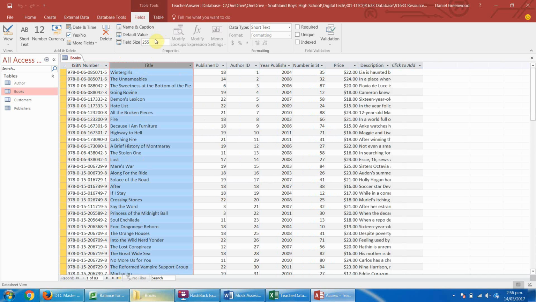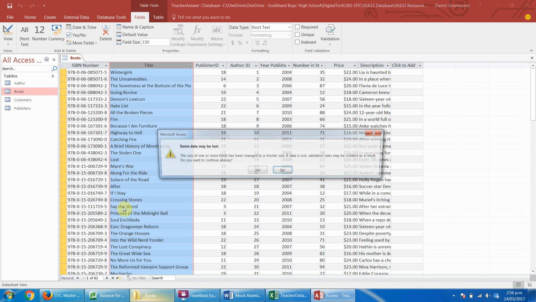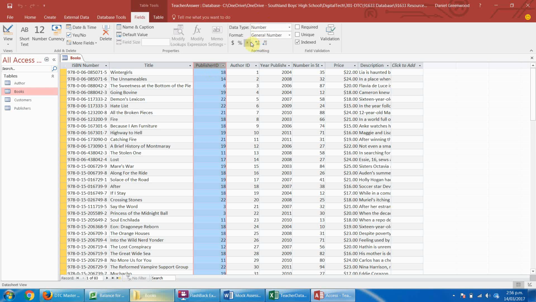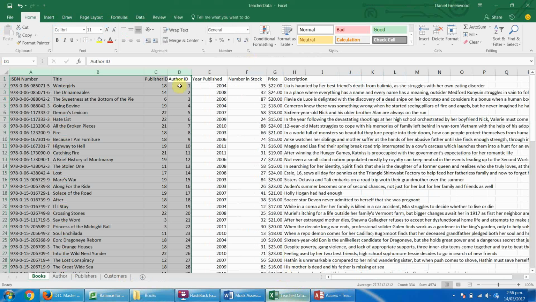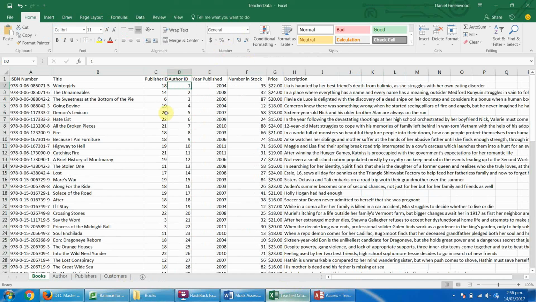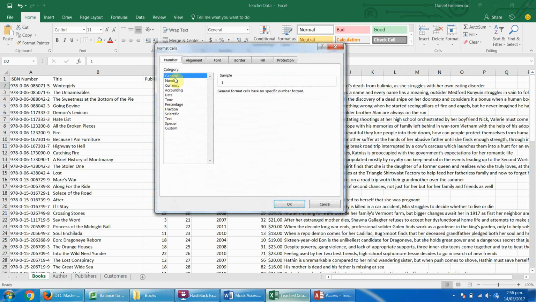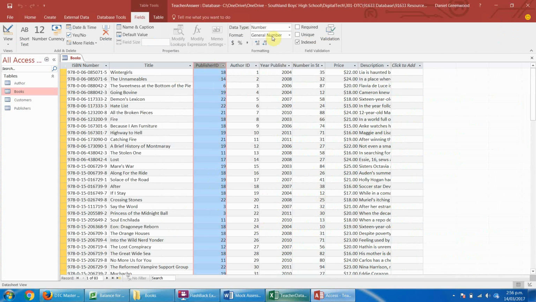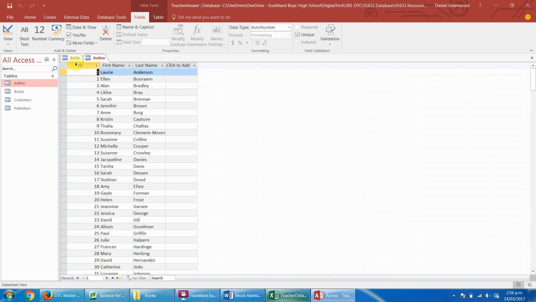This here, 255, okay, that's a little bit generous for a book title. So I'm going to say 150 characters. These are general number, which is just a format that comes through from Excel. Because if we look in here, you see it's F1. It's under general, not number, and so in here, when we make an auto number from like this primary key,